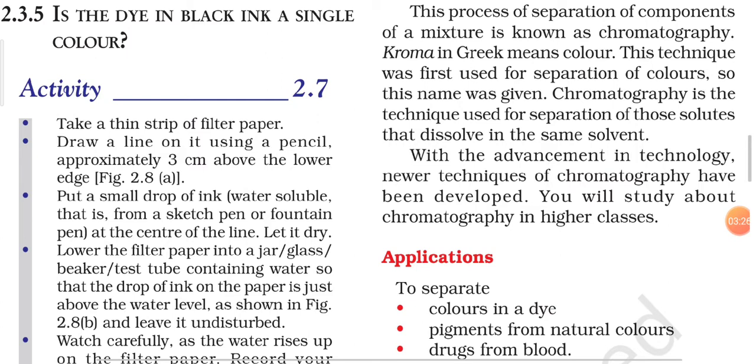The easiest and the simplest form of chromatography technique is paper chromatography, which we have discussed in activity 2.7. The concepts, the principle and everything remain the same for all the different forms of chromatography. The only thing is that we take different apparatus or different material to perform the principle of chromatography. Here, as we are performing this chromatography technique on filter paper, it is said to be paper chromatography. At least remember the term paper chromatography here, and you should know the names of the different forms of chromatography technique. It is not given in your book.